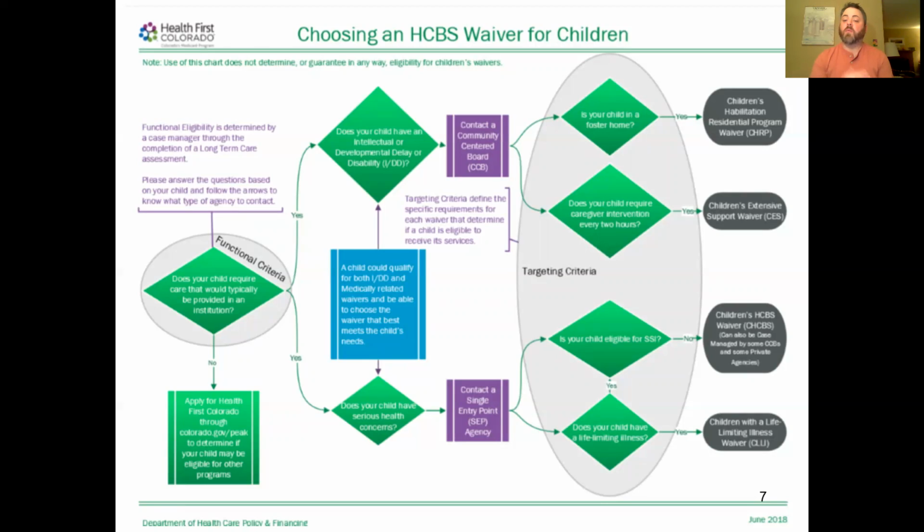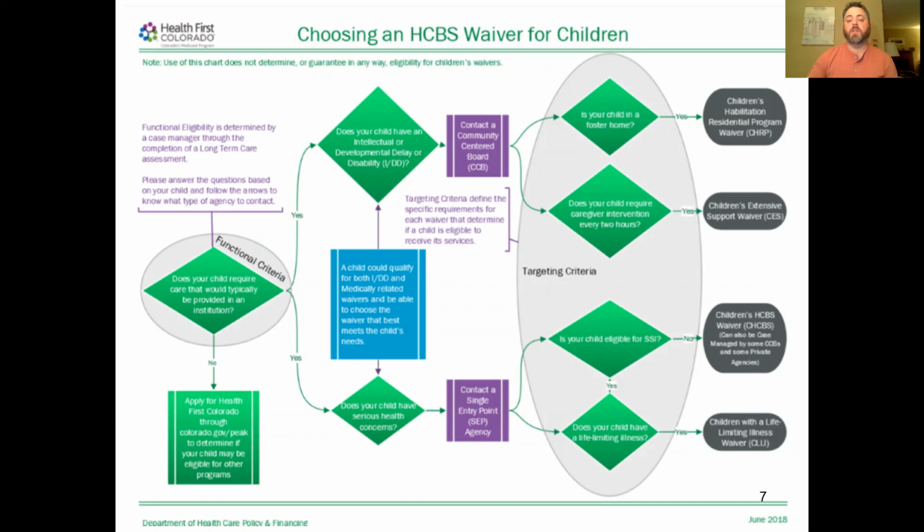Your child might be eligible for the Children's HCBS waiver. It's the only waiver that technically you don't have to have Medicaid to access. If your child could qualify for Medicaid or Social Security, and they have what's considered a life-limiting illness, then they could maybe qualify for the Children with Life-Limiting Illness